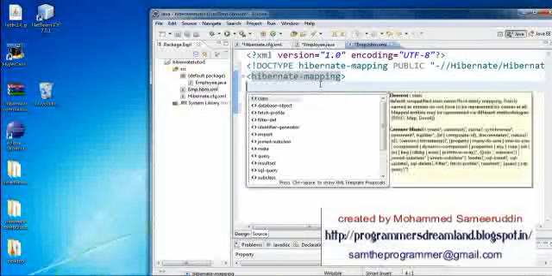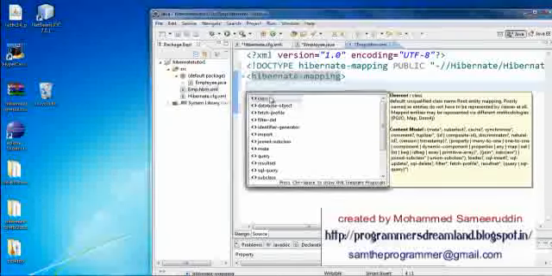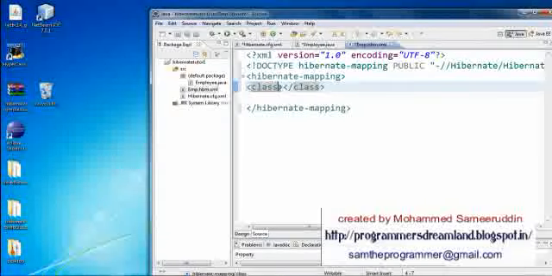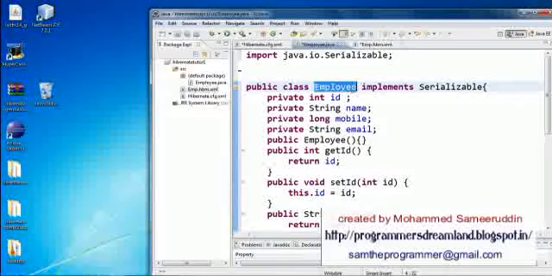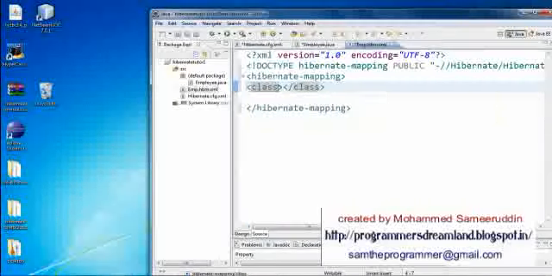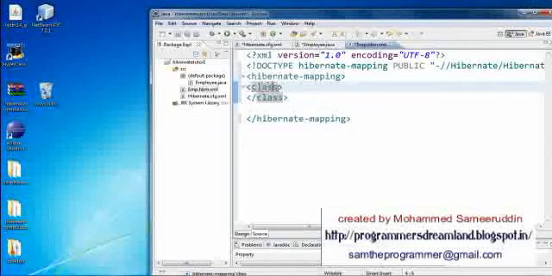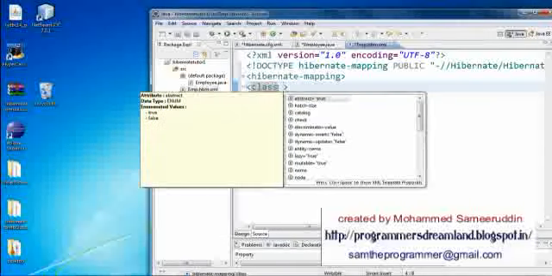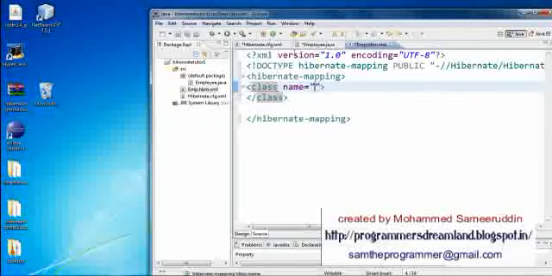Now class. What we are doing in our mapping file is mapping this class, the Employee.java class, to the table. So obviously class means the class name, the class which we are going to map. This is the class which we are going to map and it has the name Employee. So this class we are going to map to the database table. The class has a few attributes. Now space, Control Space, we have name. This is going to be the name of the class. My class is Employee.java, so I'm going to type